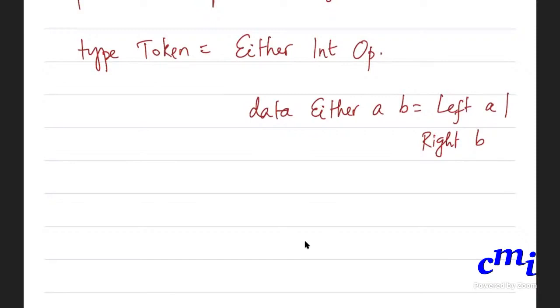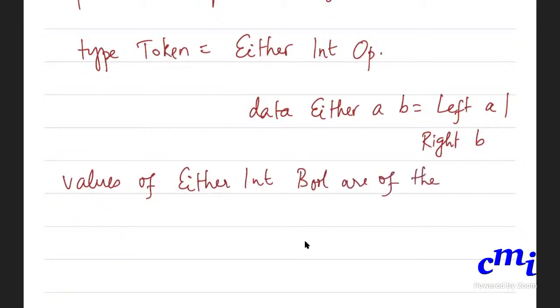So values of, for instance, Either Int Bool are of the form Left n, where n is of type integer, or Right b.